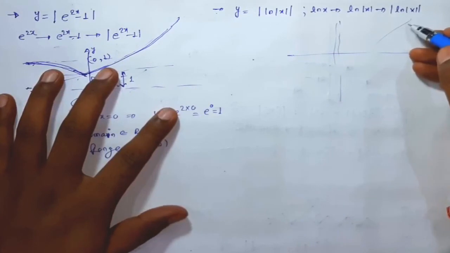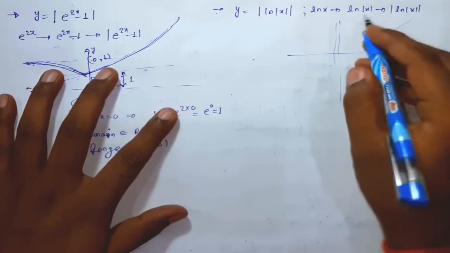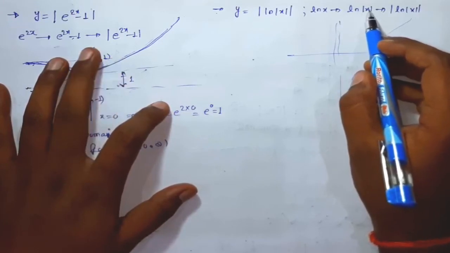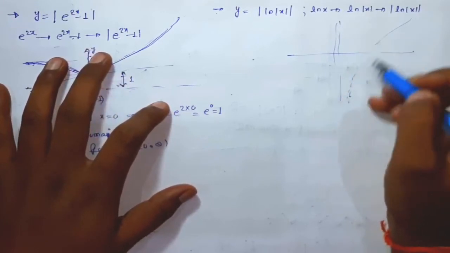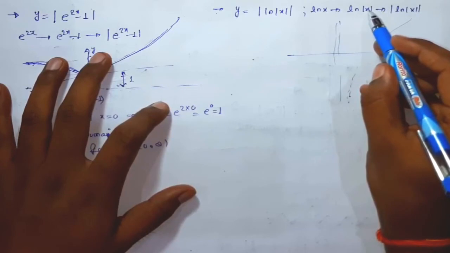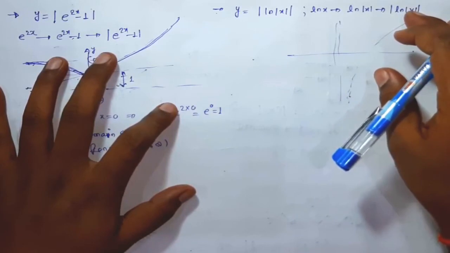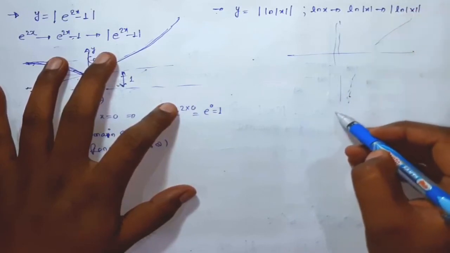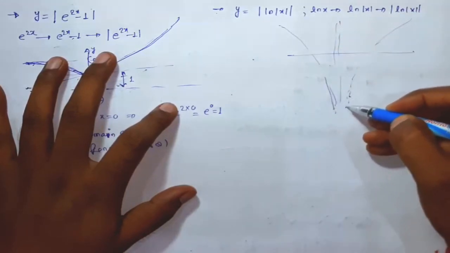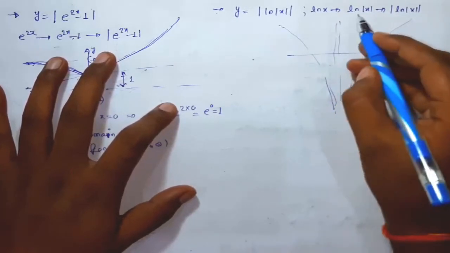Okay, now this is the graph of ln of x. Now we need to draw the graph of ln of mod of x. If x is positive, then mod x will open as a positive, then the graph will be retained as it is. Okay, now if x is negative, for this portion what will happen? We are going to replace x with minus x. Then we will simply take the image of this portion in the y-axis. So this whole, this and this, both combining are going to make this portion. Ln of mod of x.